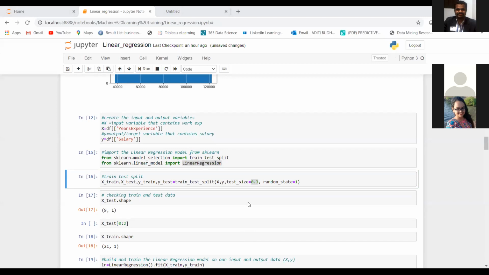Point 2? No. You have to keep 75% for your training. So what will be your testing? 0.25, right? It will be 0.25.